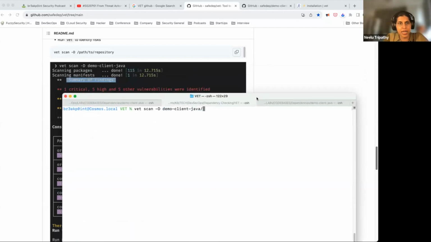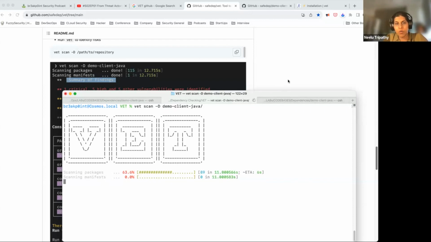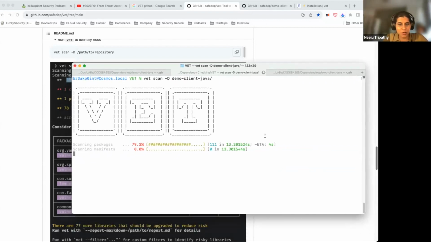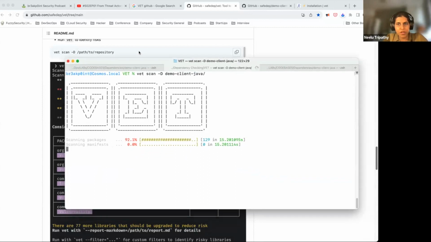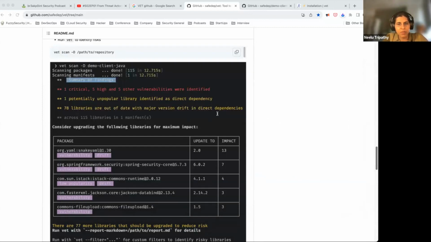And let's look at the results. I think that's all that we have to define. Okay, so this is now running, and it's scanning packages and manifests and all of that, and it'll give us the result. So it also tells you how much time it takes, which is good to know. So in the meanwhile, maybe we can look at